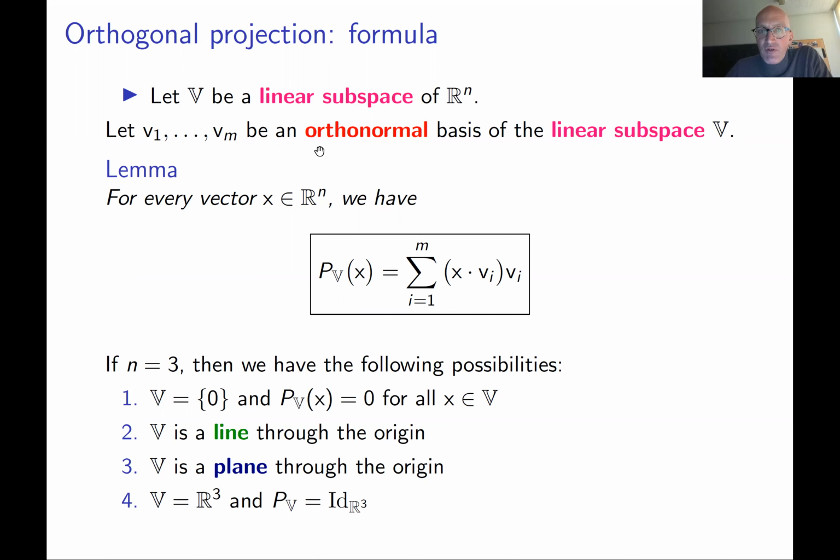And in this case, this formula becomes just the formula for how to decompose vector X as a linear combination of the vectors of an orthonormal basis of your linear subspace. And we already discussed this formula in the previous lecture. Okay, so this is a nice formula for orthogonal projection. You can use it if you are asked to find explicitly a formula for some special orthogonal projection. There are other ways to find a formula for orthogonal projections, which we're going to discuss in tutorials.